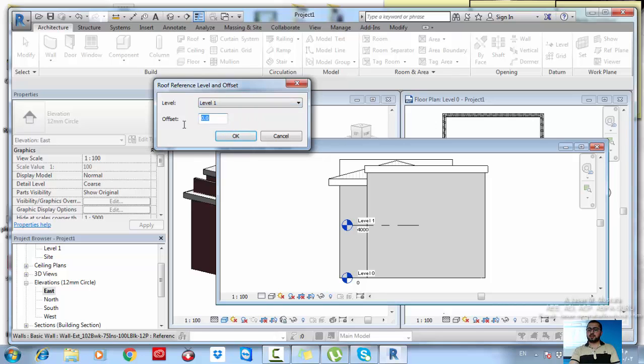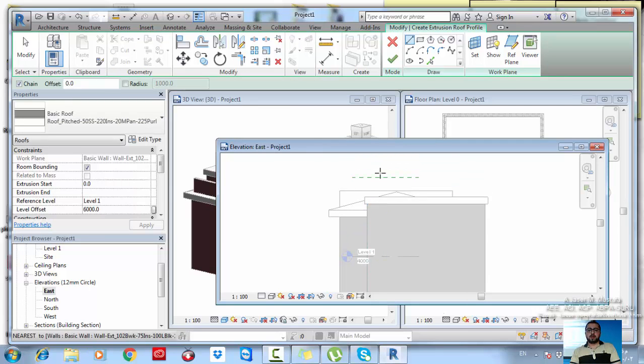Let's make it now 6,000. Fine. And I'm adding these huge values for the offsets because I don't want to create a new level. The correct way is to create a new level and make the offsets just small numbers. I will click OK. Now I will draw my roof, and I have all the ability to draw any shape